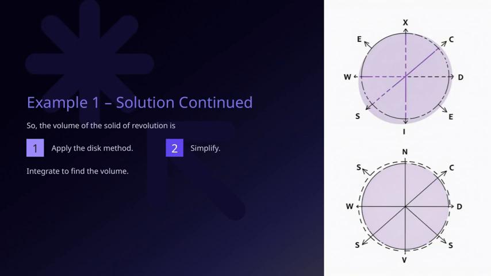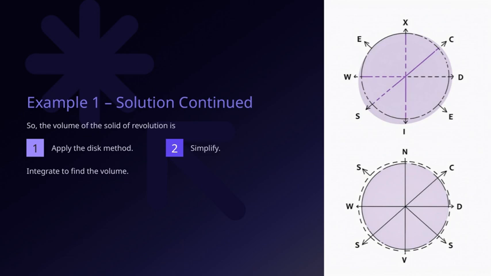Let's break down the steps to find the volume of the solid of revolution. First, we simplify the problem. This helps us manage the calculations more easily. Next, we move on to integrating the functions to find the volume, which is a crucial step in the process. After that, we apply the disk method, a powerful technique for calculating volumes of revolved solids. By following these steps, simplify, integrate, and apply the disk method, we can determine the volume of the solid of